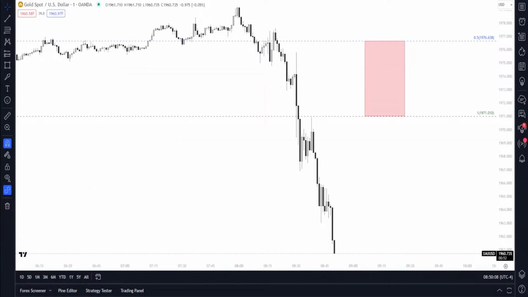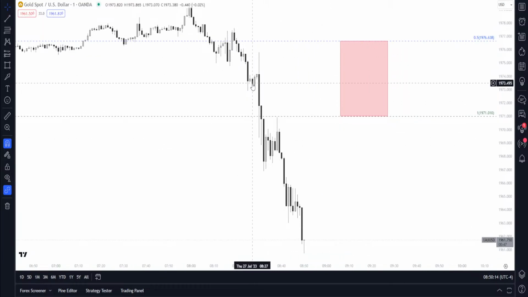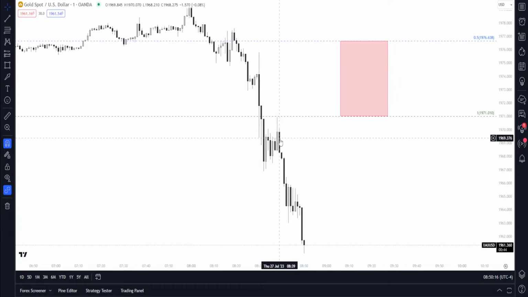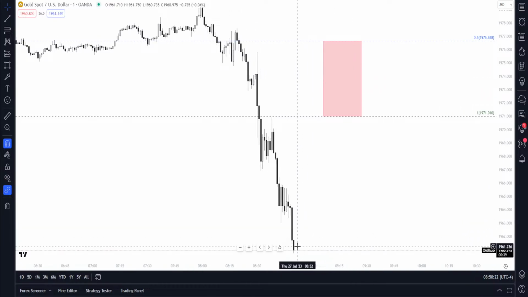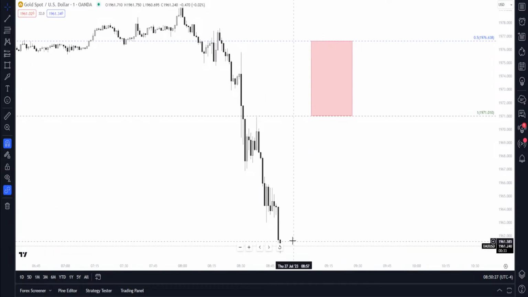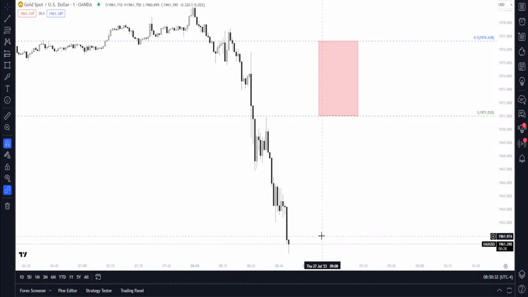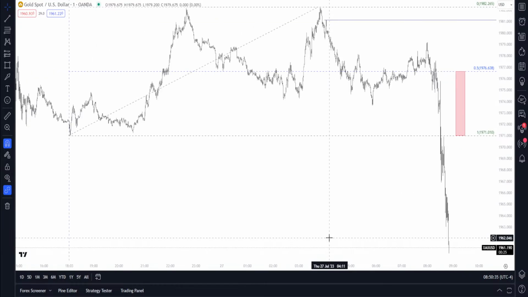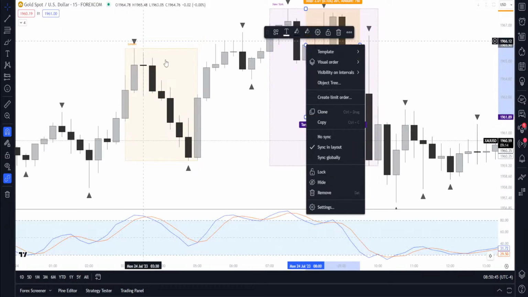Let's see what gold is doing right now. Gold is just dropping, so it has one drop, reversal, second drop, reversal, third drop, small reversal. I do believe we may get one more drop before we get a push up. So let's see what happens next, okay? We may take either the next or the following engulfing that it gives us. If you have any questions though, you could let me know.